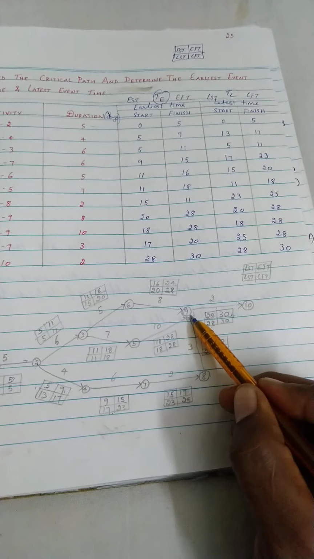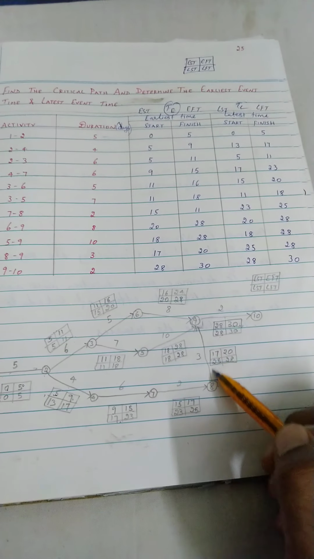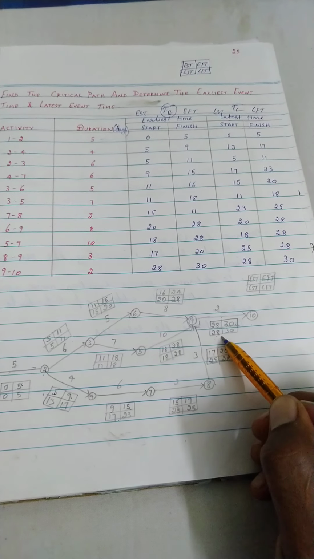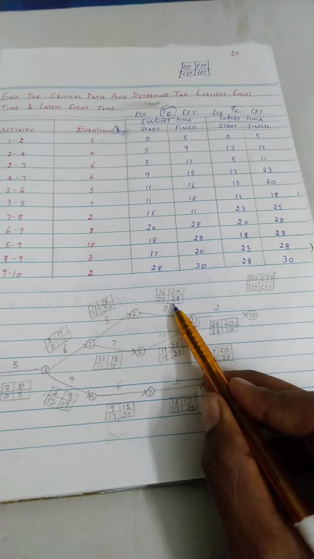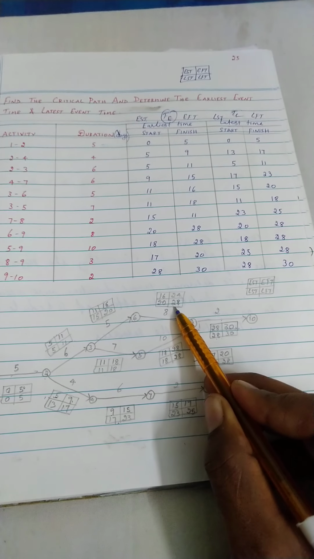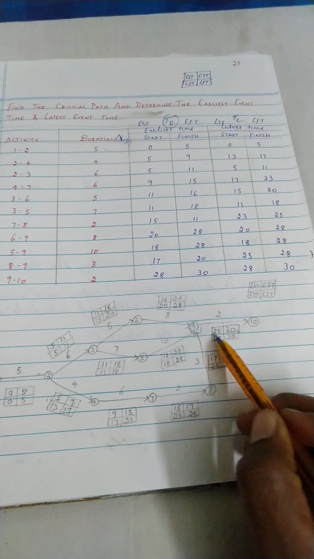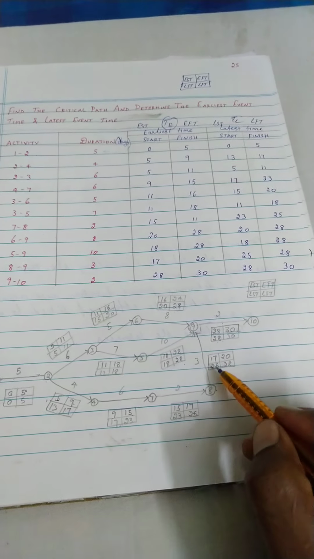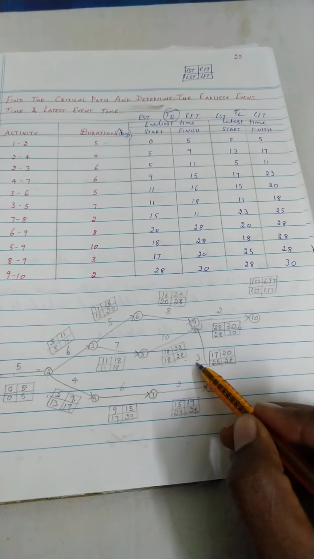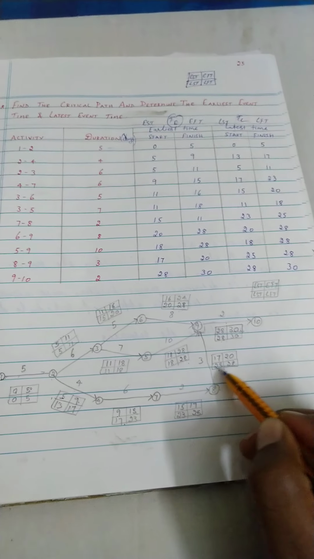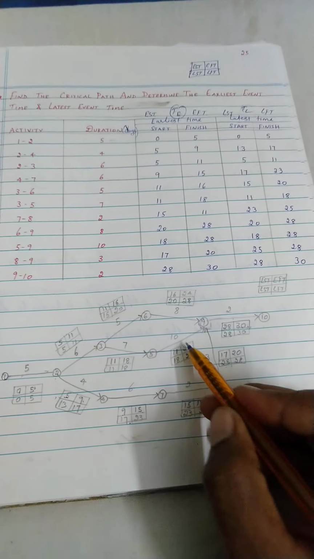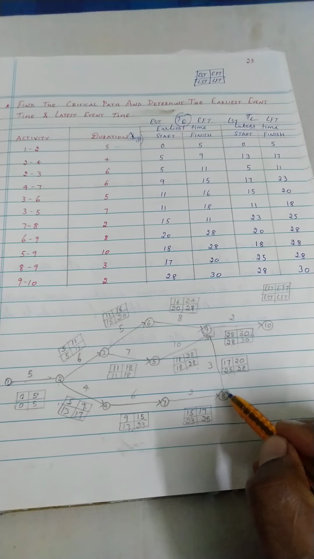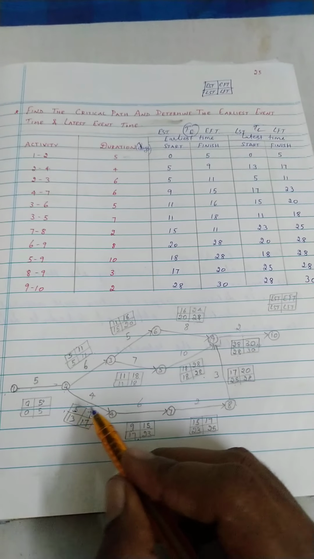So in the 9th event there will be another 3 activities that start. For each and every activity you need to mark this particular latest start time as the latest finish time of that particular activity. So 28 here, you need to mark as 28 here, and 28 here, and 28 here, and you need to subtract that particular duration. 28 minus 3 is 25, and 28 minus 10 is 18, 28 minus 8 is 20. So likewise this process will go on.